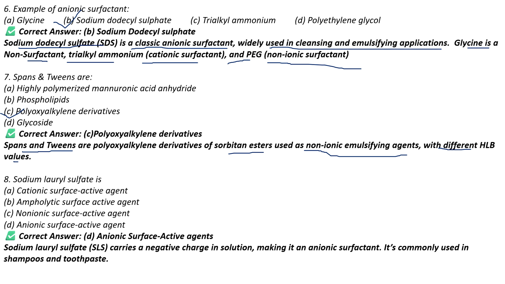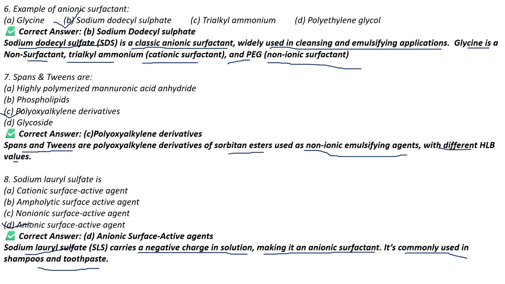Moving on to the next question, sodium lauryl sulfate, that is also called SLS, is a: options are cationic surface active agent, ampholytic surface active agent, non-ionic surface active agent, anionic surface active agent. So sodium lauryl sulfate carries a net negative charge in solution, which makes it an anionic surfactant, and it is commonly used in shampoos and toothpaste. So we can say sodium lauryl sulfate is an anionic surface active agent,